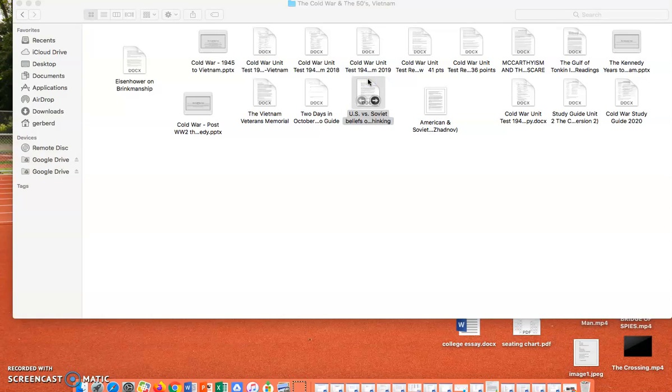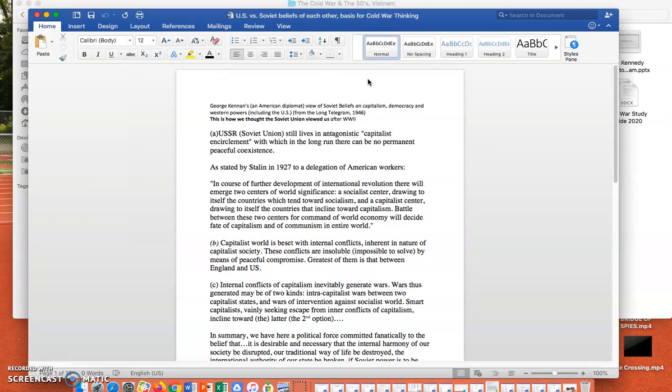So, Soviet belief and thinking. Essentially, these are the extra readings in this section. George Kennan, an American diplomat who has been living and working with the Soviet Union for a long time, writes in 1946 that the Soviet Union is very paranoid about capitalism and the United States. They think that we are going to try to encircle them so that there can't be a coexistence, that we are going to cause a lot of problems. We're going to have an eventual war because they don't believe that we can actually work together.